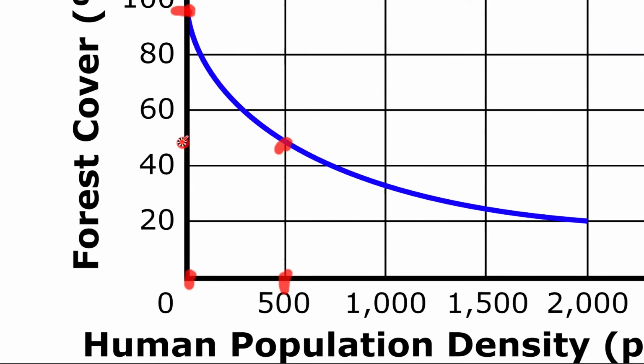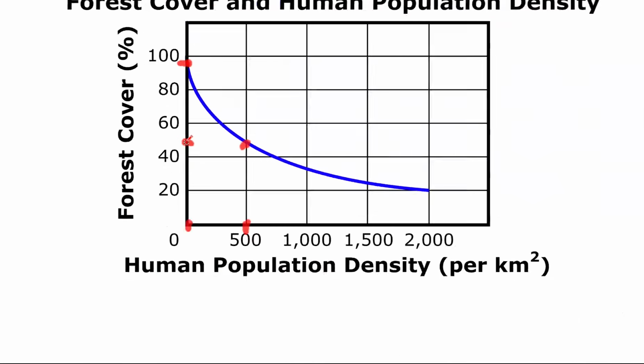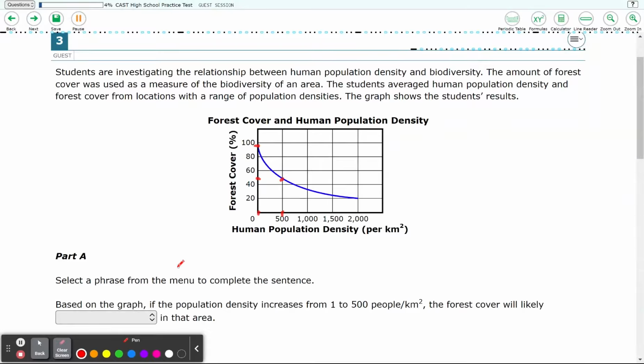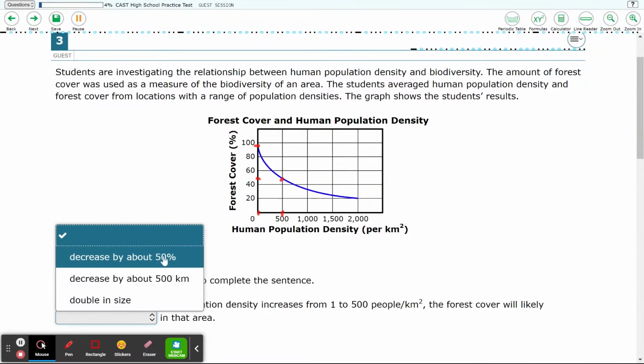And we see this one's just about at 50, or maybe a tiny bit below 50, once we get to 500. So that means when we change from 1 to 500, we change from about 100% forest cover to about 50% forest cover. All right, so based on that, decrease by about 50% sounds right because we were at 100 and we went